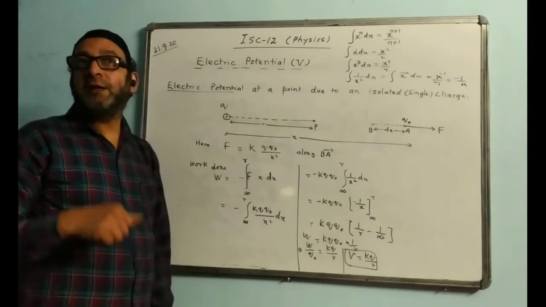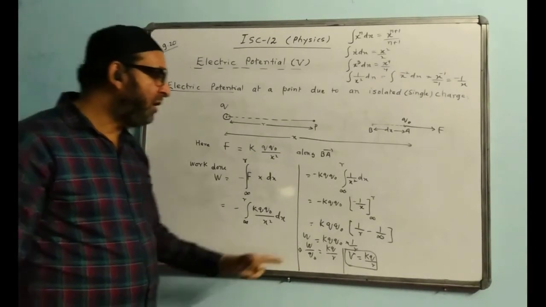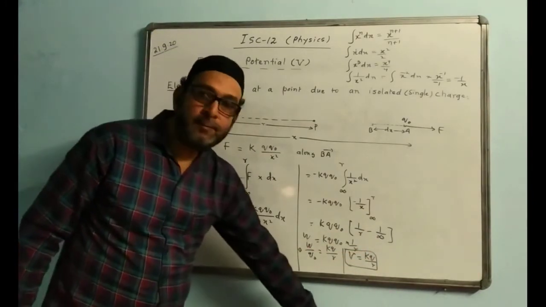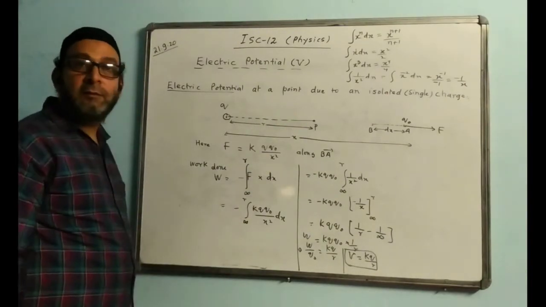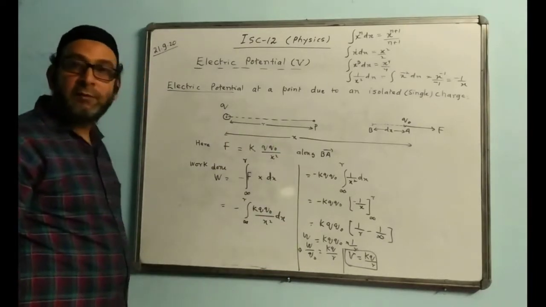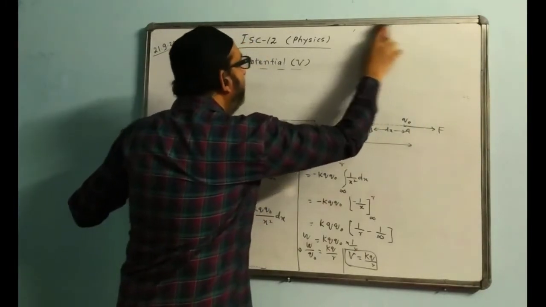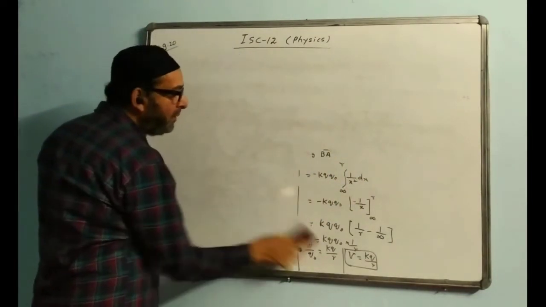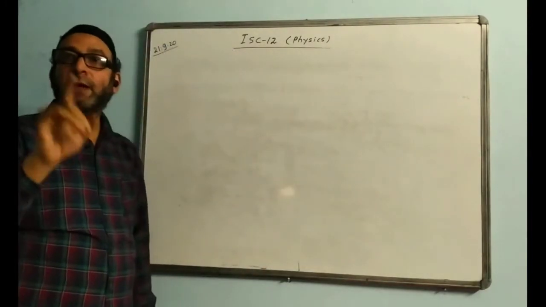The electric field formula, if you check the previous chapter, was E equal to kq by r square. But the electric potential formula is V equal to kq by r. So that is the formula. Hope this derivation is done. Please learn the diagram, practice it 2 or 3 times, and do this integration part properly. The electric field formula due to a single charge was E equal to kq by r square, but the electric potential formula is kq by r, no square here.